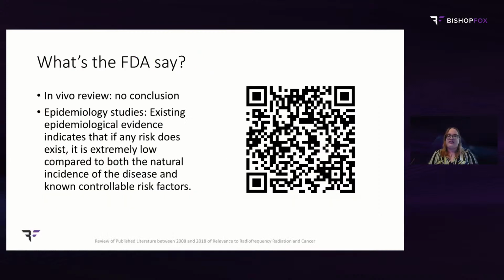But the FDA does not agree. It does say that if there is a risk, it is so extremely low compared to natural instances and how one would normally incur disease that it is not necessarily a risk at all. You're more likely to get a cold or have controllable risk factors that would lead to harm, such as smoking, or something like that, that can get you sick. The FDA says that the risk is so low, you're more likely to be impacted by something else. But in studies that have been conducted, there isn't a risk present to humans.